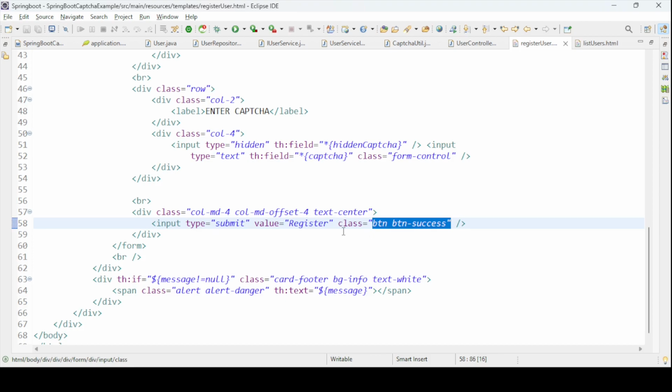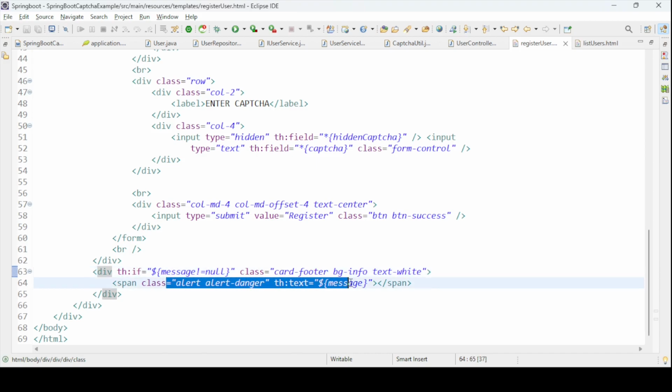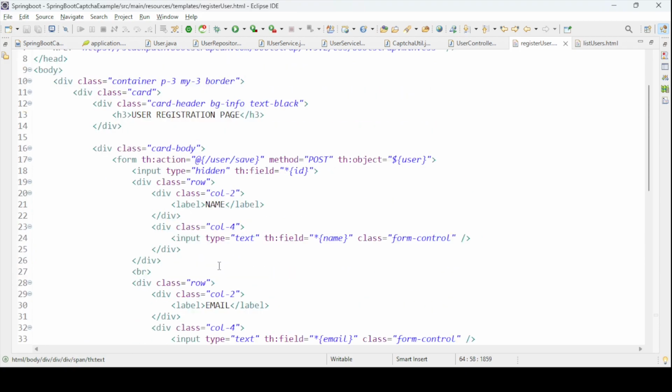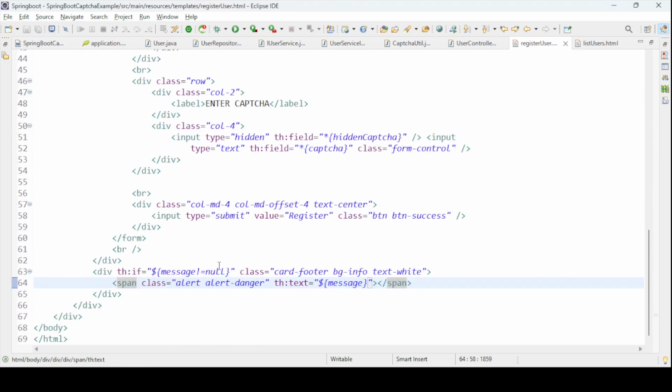This is the color, and here if you see the class I have used, this is the div class basically, and then here if you see the Thymeleaf code, Thymeleaf: if message not equal to null, then only it will go and give this message value. Okay, so this is the code. I will put it into my description. You can just copy this file,